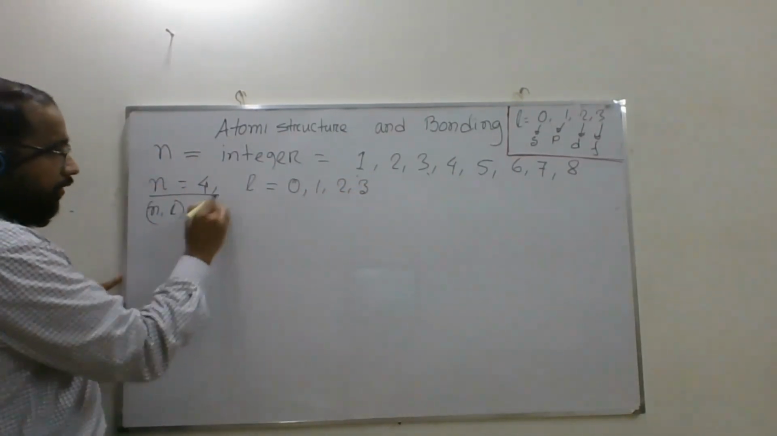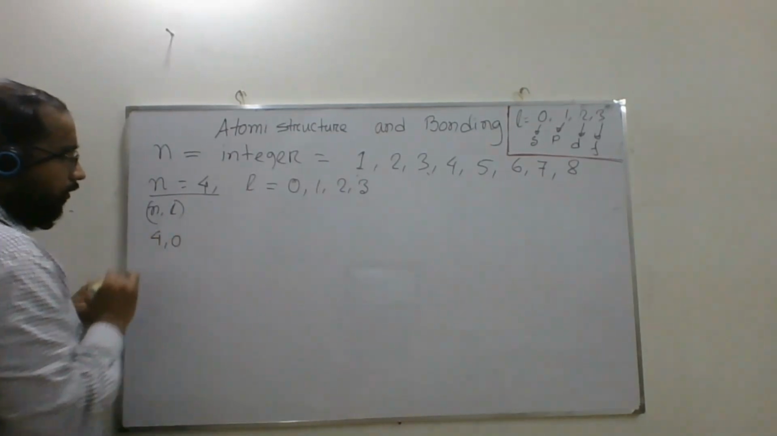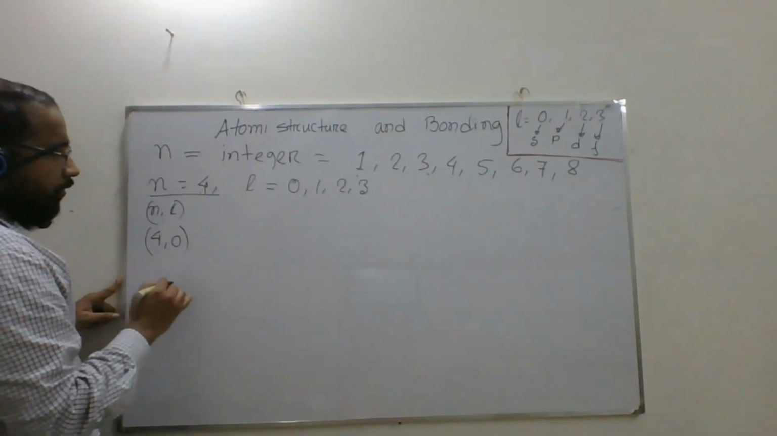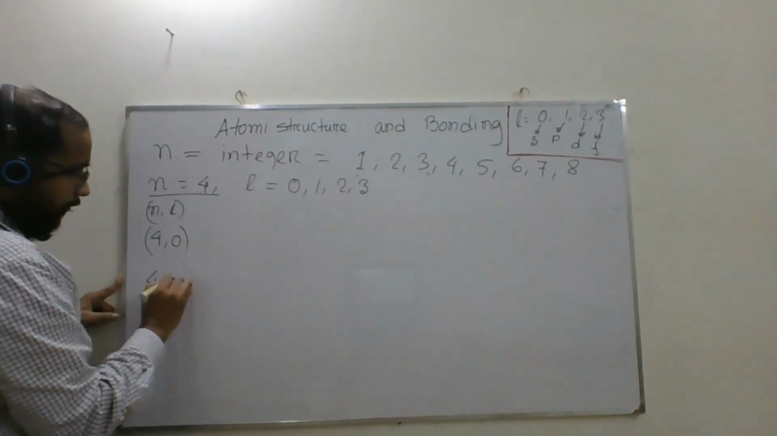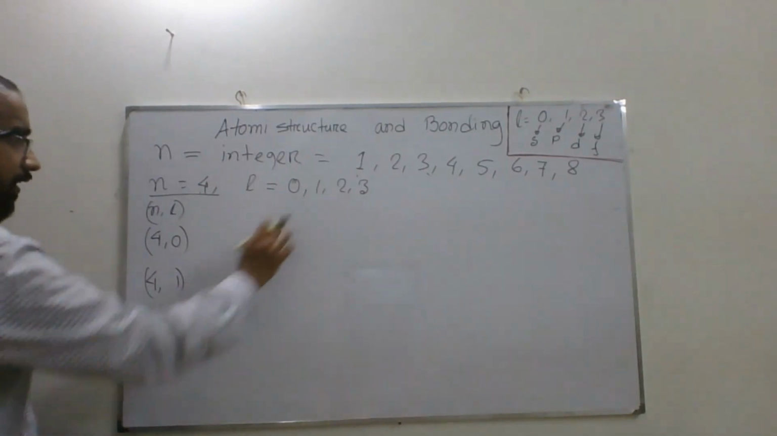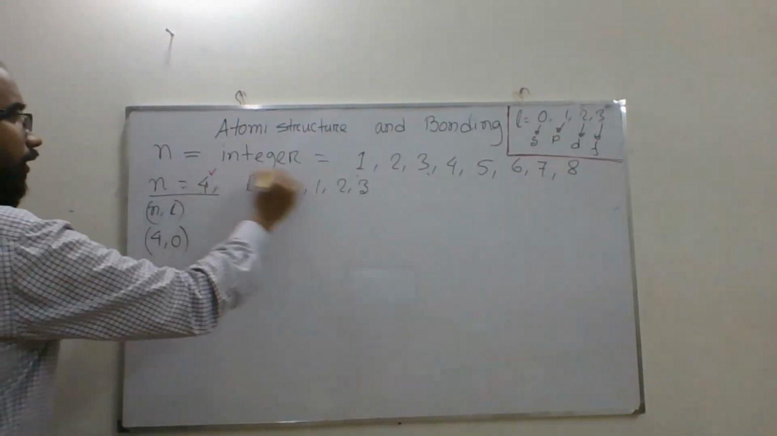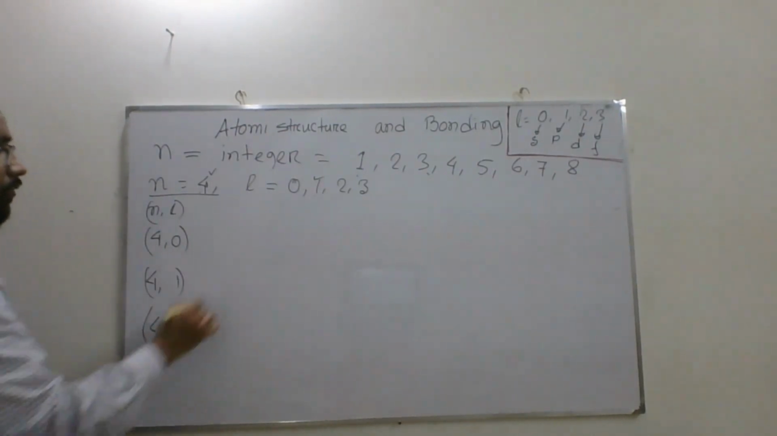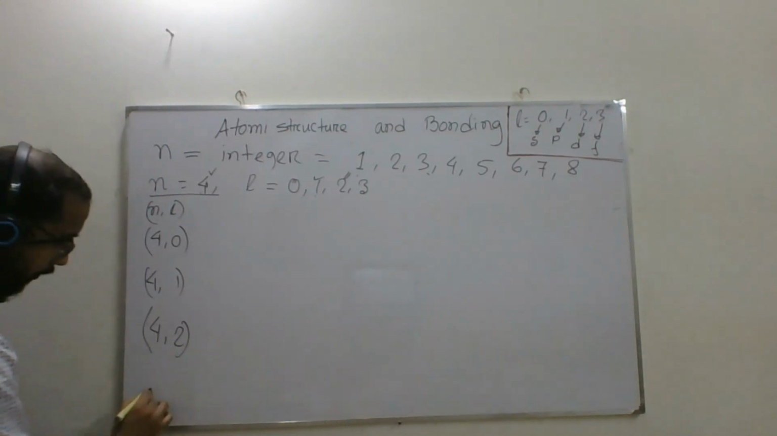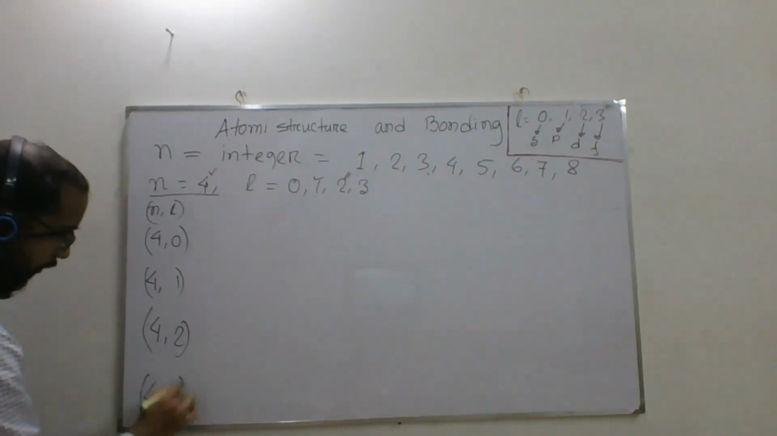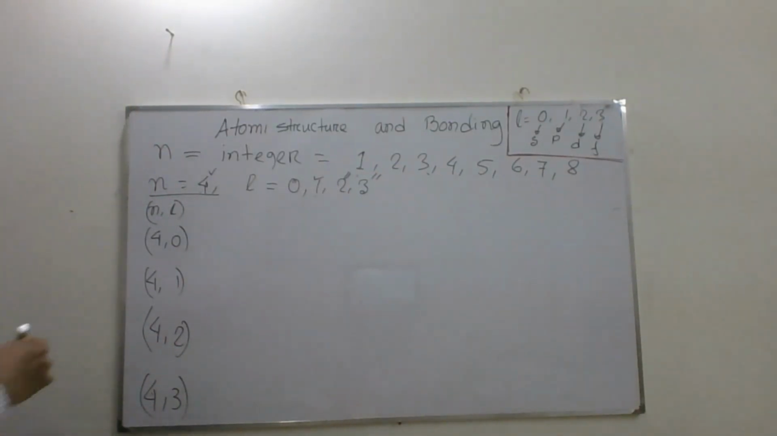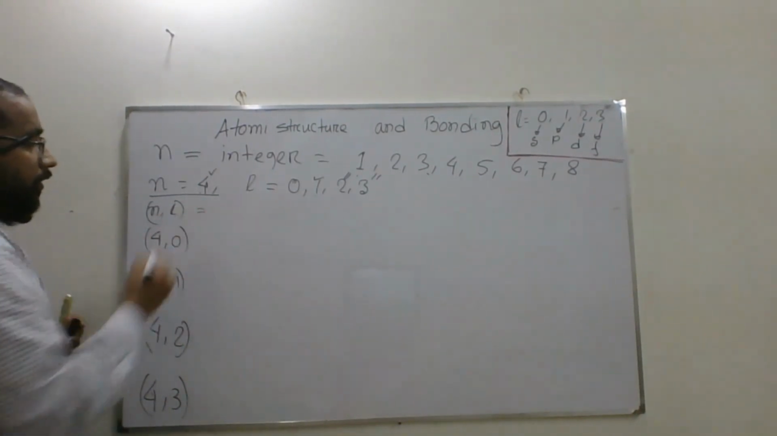So for the first set, it will be 4 and 0. For the second set, it will be 4 and 1. For the third set, it will be 4 and 2. And for the fourth set, it will be 4 and 3. Okay. Now for this set,